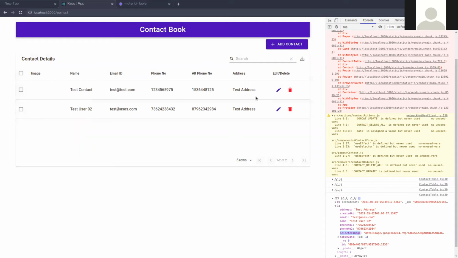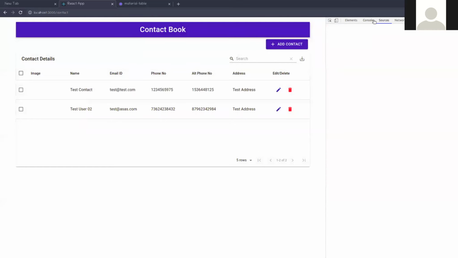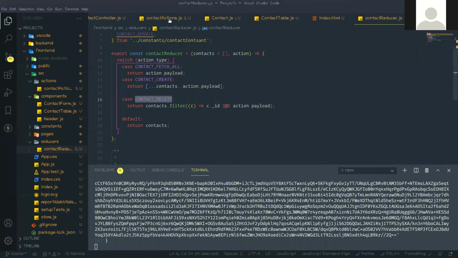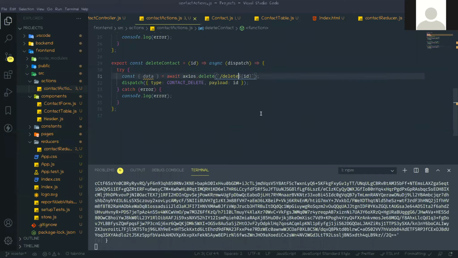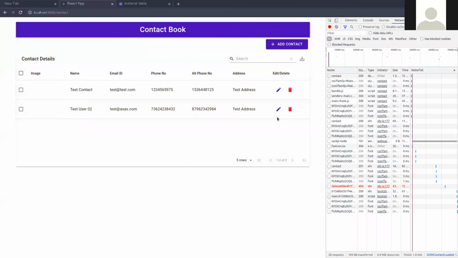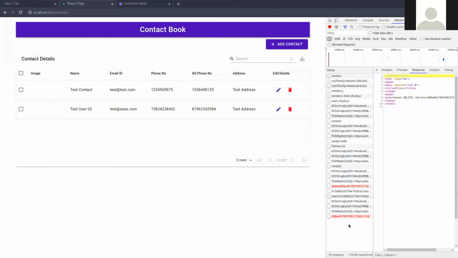Okay, so if you want, then you can delete. So I'm clicking here. Okay, it will call. Okay, go to the actions here. Actually, I need to give this one. Okay, now I think it should work. Still 404.